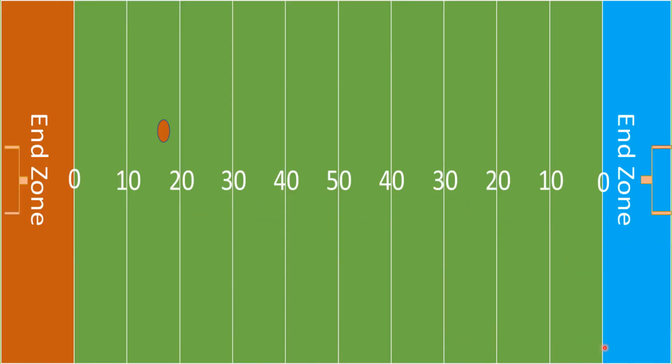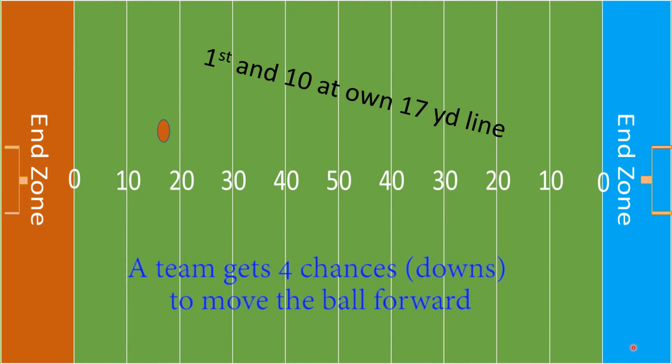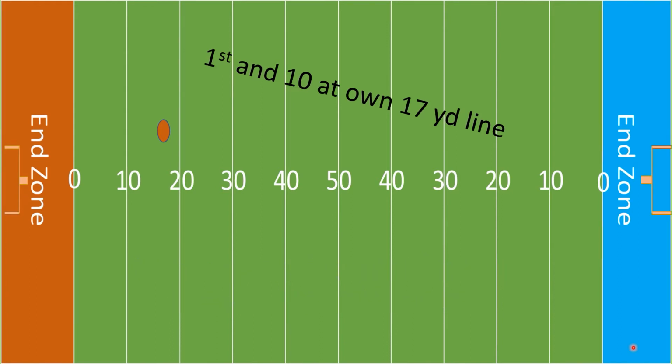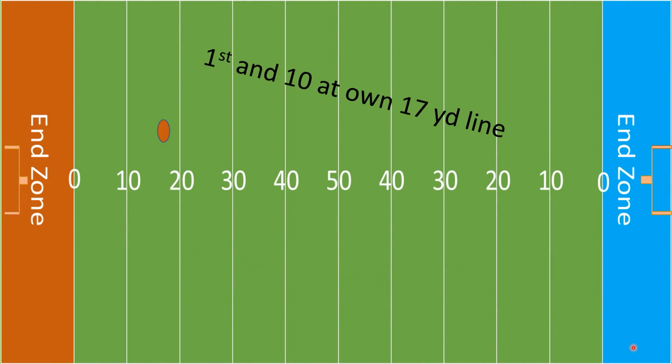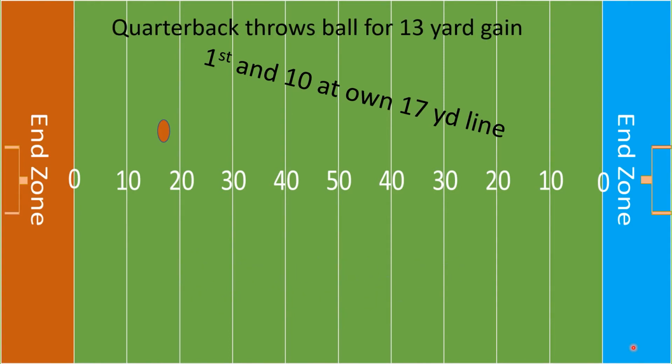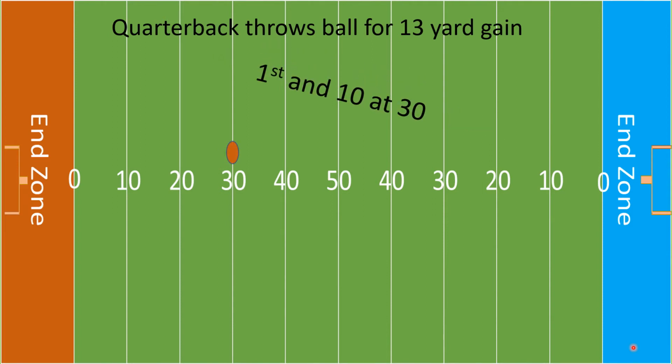So let's look at a typical offensive drive. When an offense starts, they start out at 1st and 10, which means that this is their first attempt out of 4 and that they have 10 yards to go to get a new set of downs. And in this case, they're starting at their own 17-yard line. Lucky for the red team's offense, on this first down play, the quarterback has thrown the ball for a 13-yard gain, which means they have crossed that 10-yard requirement, and they get a new set of downs starting at the